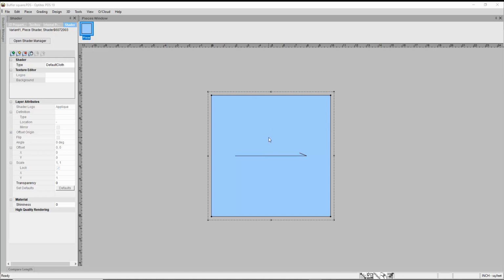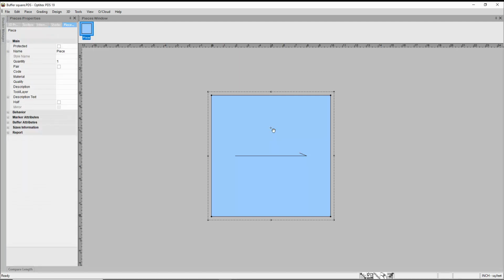So if you take this little square that I've got, I'm going to open up the piece properties, and we do that by double clicking on the piece, and you can see that all the main piece properties are over here. There's a section of the piece property called buffer attributes. If I click on the plus, it'll open up what the buffer is. So it's 0 on this particular file. So I'm going to add a 1/2 inch buffer,